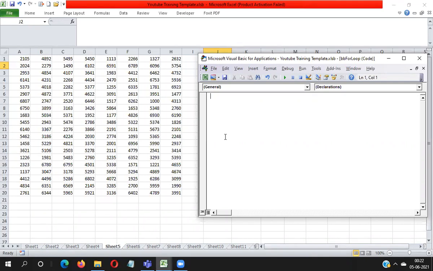So today's topic is how we can apply filter through the loop. So let's see the practical approach, how we can write the macro. So Sub filter data on condition. So here I'm going to activate the